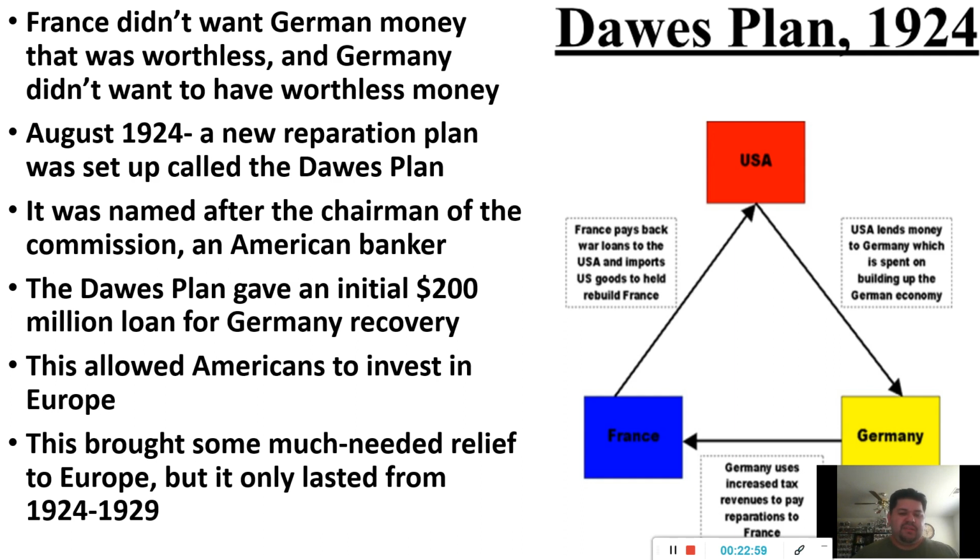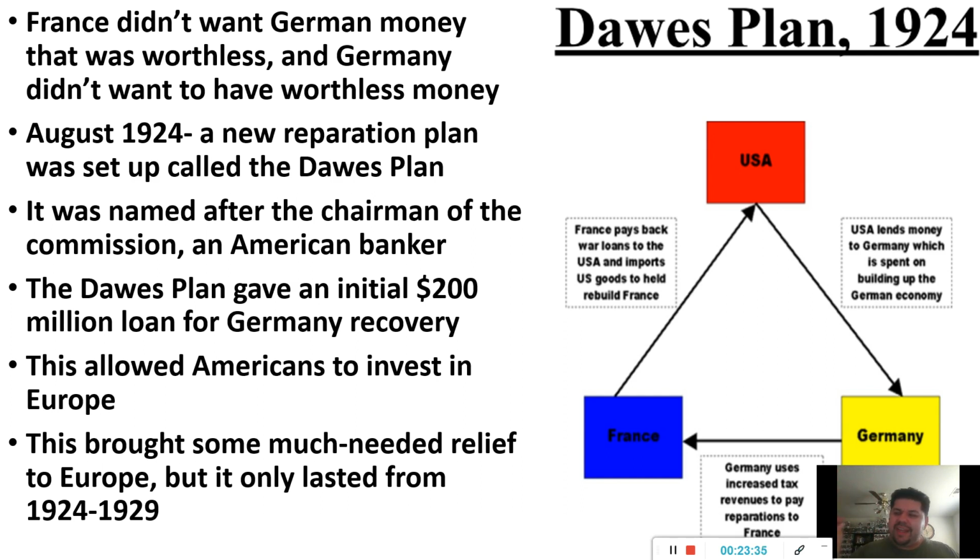Now, the Dawes Plan basically gave Germany $200 million. So if you look at the little graph right there, the United States would lend Germany $200 million to help their economy. So again, that would bring up their currency. Instead of it being like one US dollar to like $14 trillion, it would bring it down to like, in the thousands, or maybe millions. So it would help them out quite a bit.